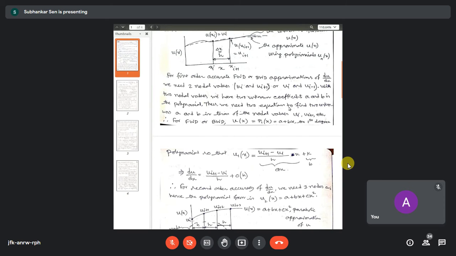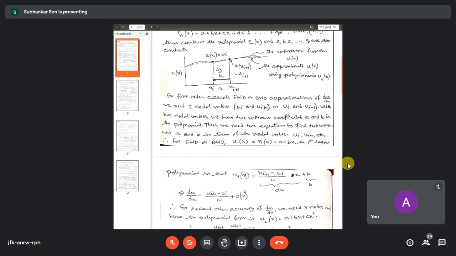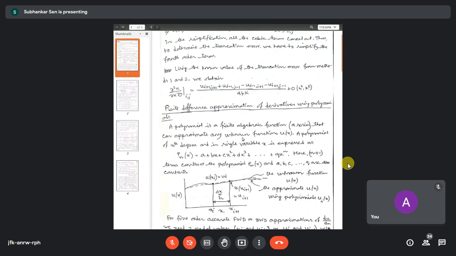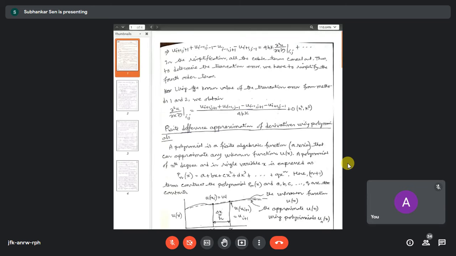So if you use this polynomial method in this way, you will find your u1x will have this form. So if you find the solution from here, a will be some kind of value, and b will be this quantity, ui plus 1 minus ui by h. So when you take the derivative of this, you are getting the forward difference formula. Okay, so this is the background for this polynomial method, and polynomials we are using in one dimension only. Okay, in this case we shall not go for any mixed derivative.